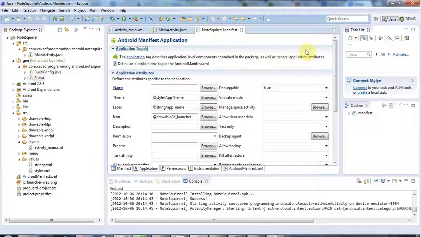Hello, this is John from caveofprogramming.com, and in this tutorial we're going to look at setting an icon for your application. Now there are a couple of free tools that I like to use to create images,